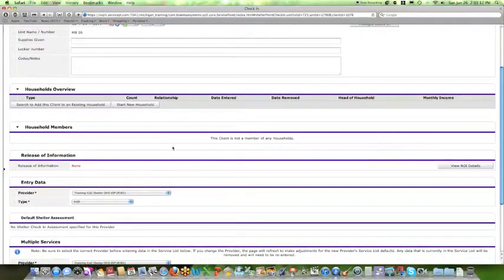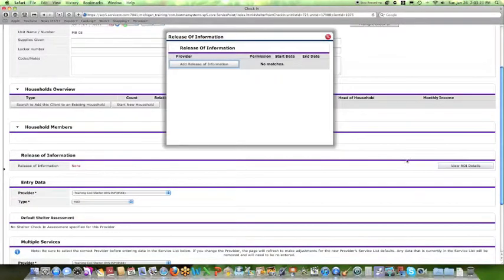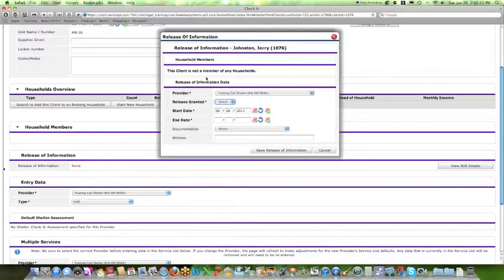Scrolling down a little further, we see that all-important release of information, and I have none in here. So I need to add a release. Furthermore, it needs to be a yes release. Otherwise, my information that I record on this client isn't going to share to my funder or to my other provider pages that I have set up in my sharing setup. I want to make sure that this release begins on the same day that the client